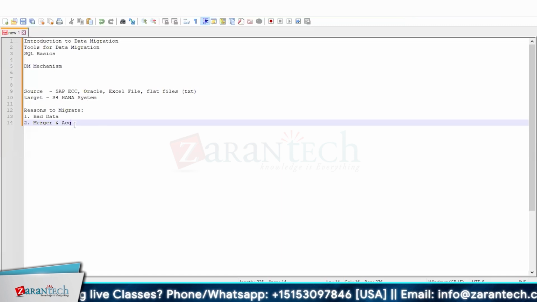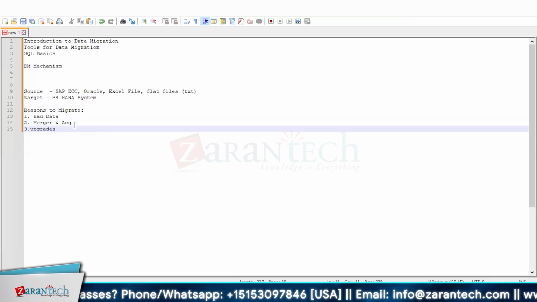What is the third thing? The third thing can be upgrades, which is happening right now. For example, organizations have an ECC system, but SAP is suggesting you have to go to the S/4HANA system because after 2030, we are not going to give you support for ECC. So what's the need of the hour? People have to upgrade, right? Or somebody is on an Oracle system, they don't feel confident about Oracle, and they want to move to S4, or vice versa, right? So I can think of these 3 important reasons why organizations take a decision to migrate data